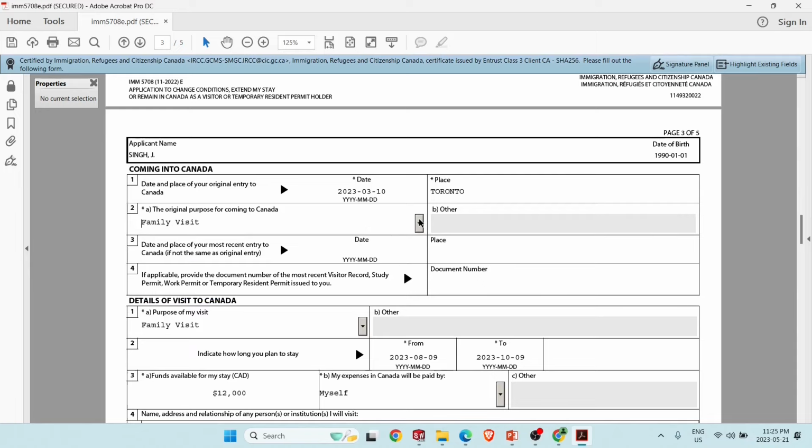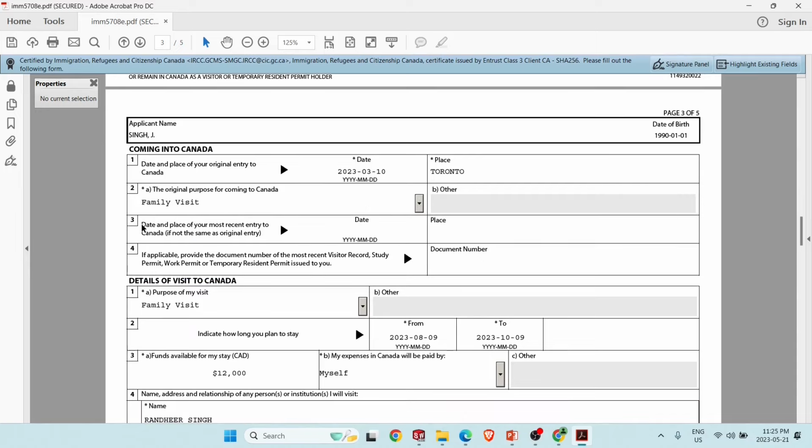And then on the third point, date and place of your most recent entry in Canada. So here we can see that we have a similar question as in the first point. In most cases you need to leave this section blank. In case you came inside Canada and then you left, let's say for the United States, and then you entered back to Canada, then you need to provide the date you entered back to Canada from the United States and the place you entered inside Canada. For the purpose of this video, I will say that we never left Canada,